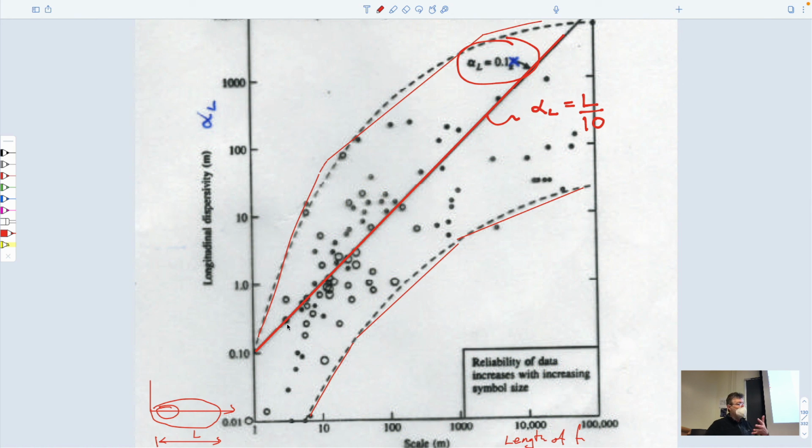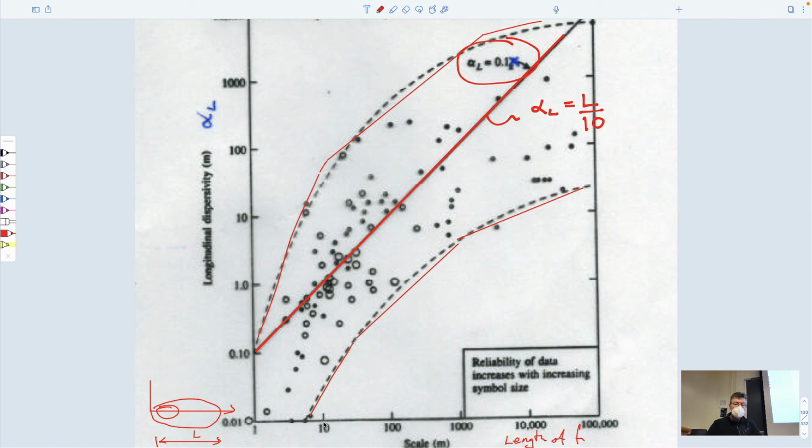At small scales, the heterogeneities are small. At large scales, the heterogeneities are huge. And that it's that behavior that gives this kind of universal law which might allow us to constrain some of our results. And so you can use that, but you can use it with caution, because of course if you